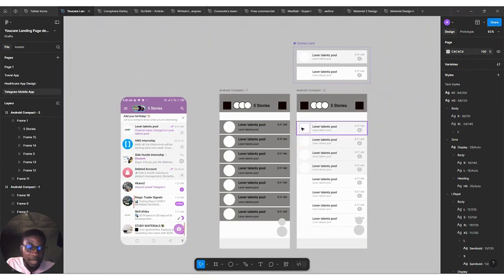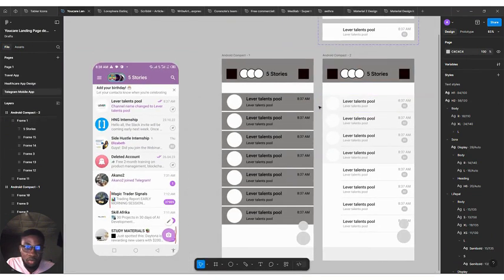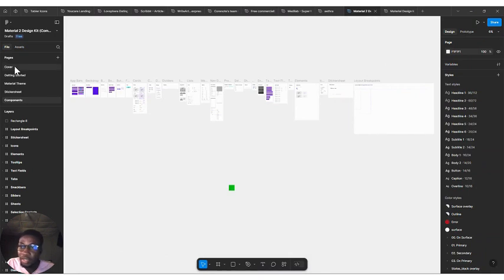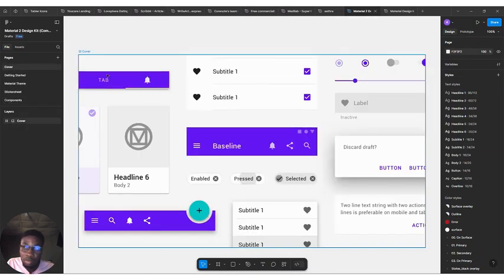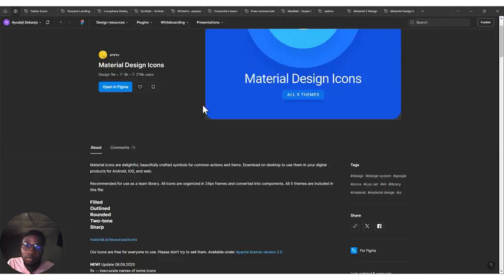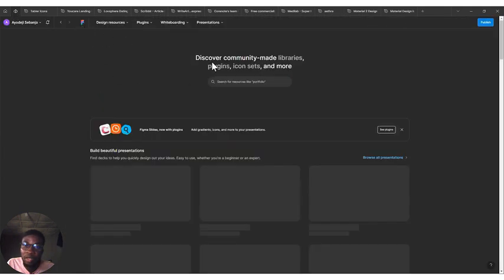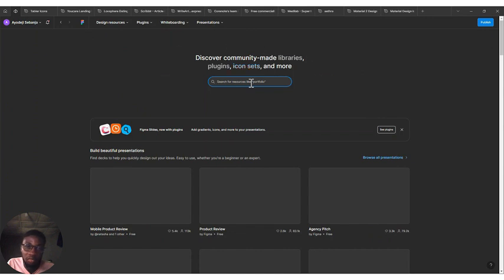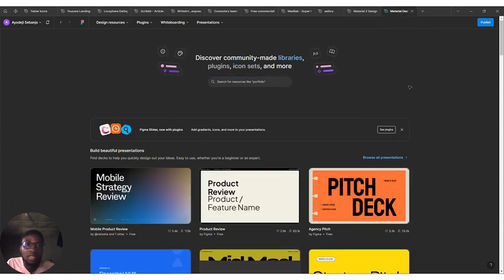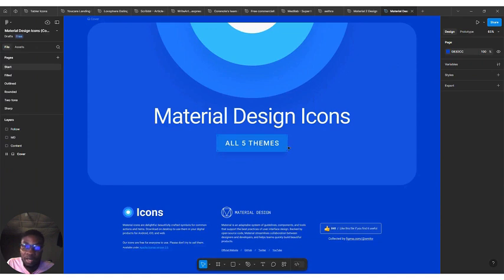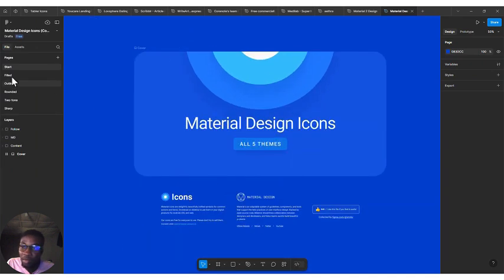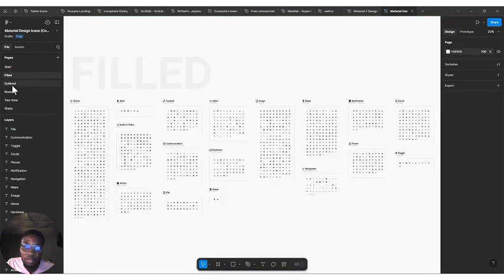So it's coming alive, right? One of the things we want to focus on now is this section. Also, this is the point where we begin to add icons. So earlier, I opened a Material Design kit, right? You can find it on the community. Just come here, click on this icon over here and search for Material UI. So you get it. Now I've also opened up the Material icon file, and I have different icons